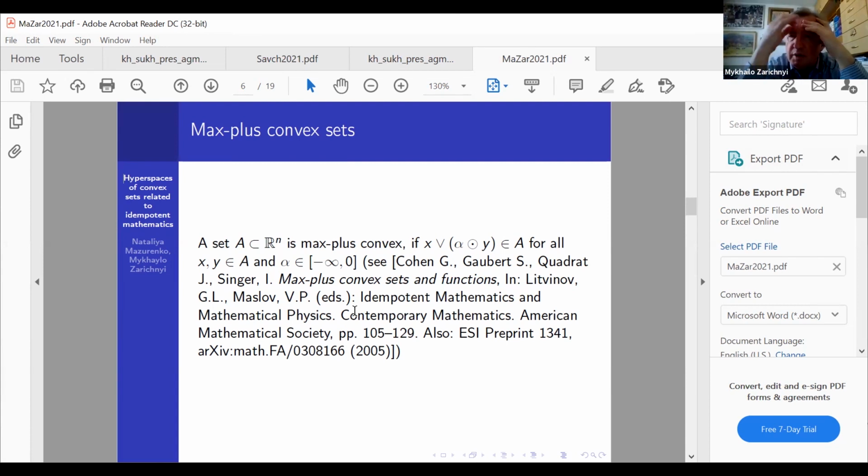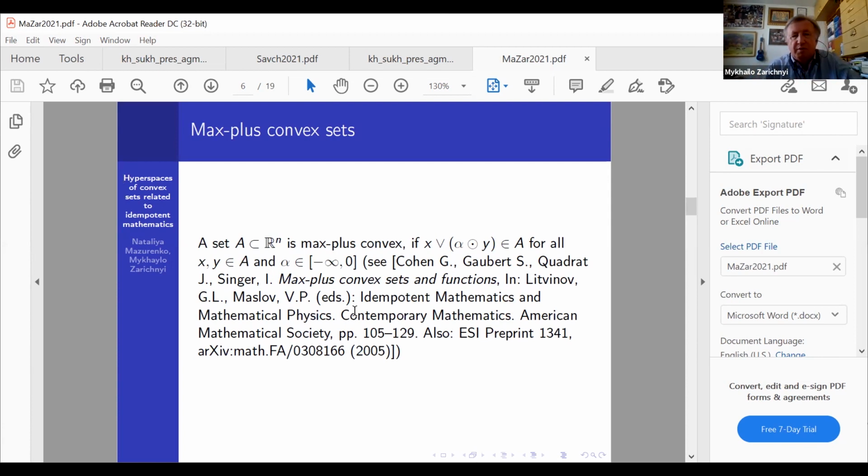What kind of idempotent operation is important? Say maximum. So idempotence means that x operation x equals x. So maximum of x and x equals x. Similarly, minimum of x and x equals x. And this allows us to find the counterparts of almost all interesting notions of traditional mathematics